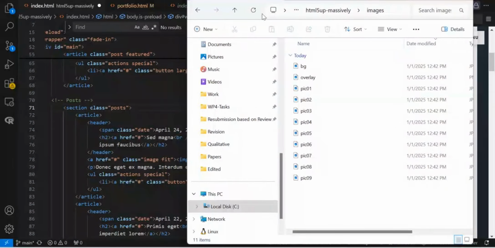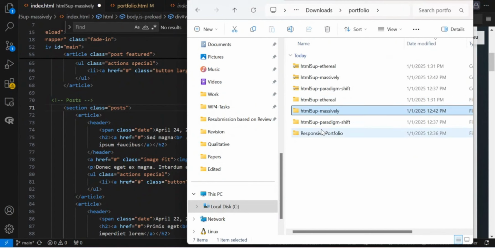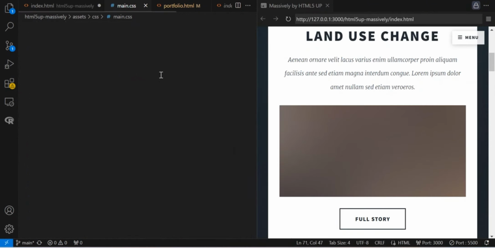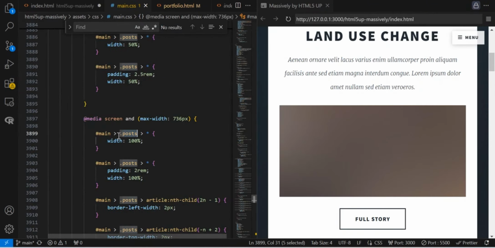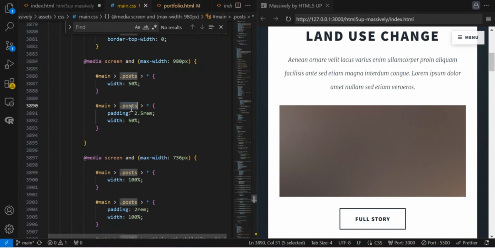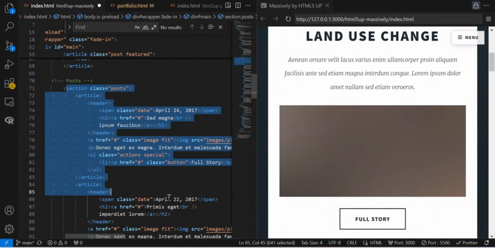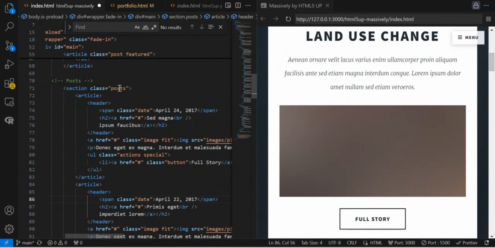Let me see. So it's an asset CSS, and then in the main file you can see that these class objects are being declared here. So what we are doing there is to basically just call this particular class so that whatever we want to show here will be displayed on the web with features from these class objects.